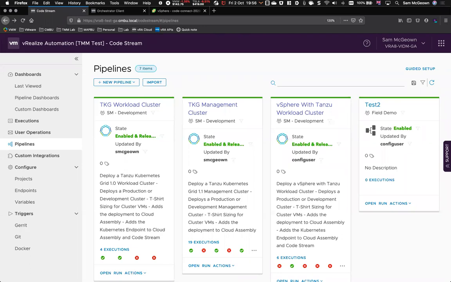Does all this come out of the box, or do you have to modify or add things? No, this is all custom configuration. So things like the Kubernetes endpoints are out of the box. The code that you've seen here, so the pipelines and the vRO stuff